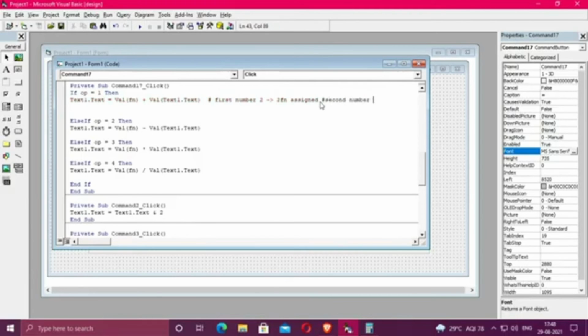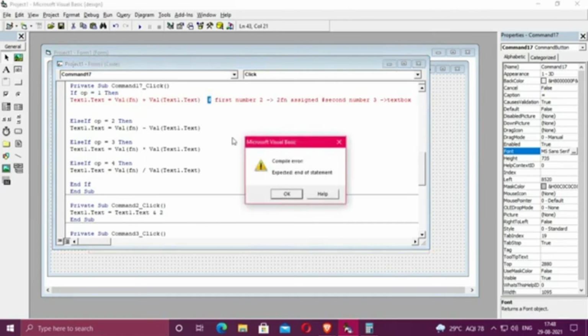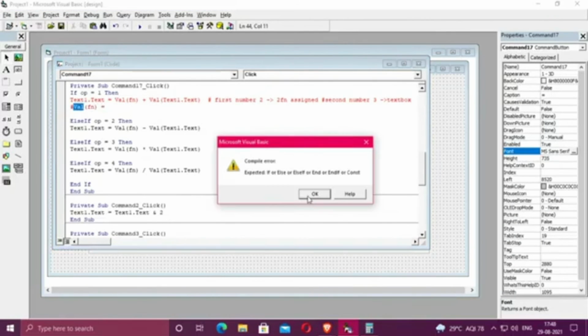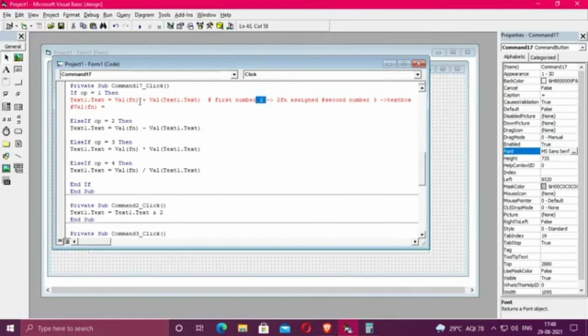So next we will see the second number. After clicking the plus symbol, if you are giving a number, say you are giving 3, that 3 will show on the text box only, it won't show in any other place. I hope you understand. Now it will directly add and show. That's the concept. So just understand it. If you are clicking on the first number, the number you give will be stored in fn, and if you are giving a second number, it will show on the text box.